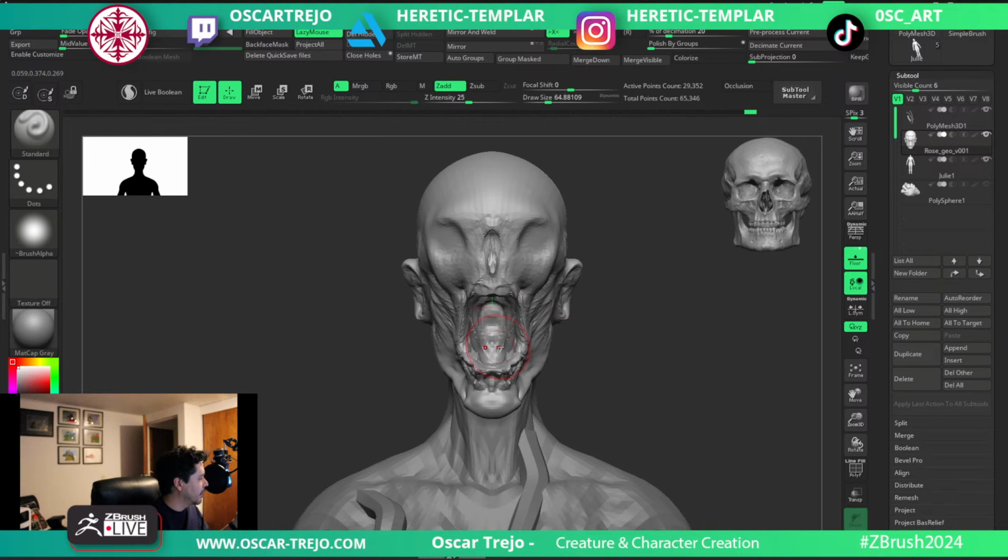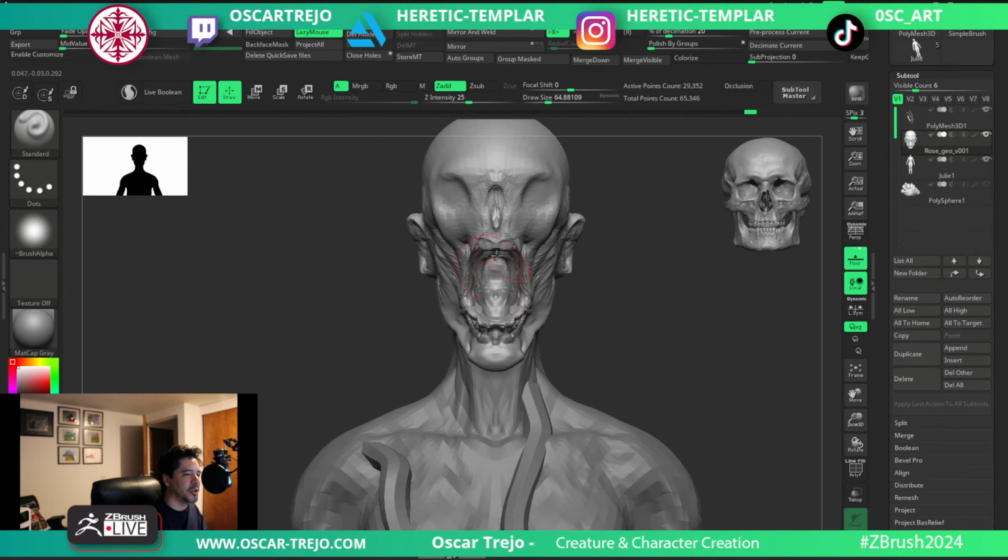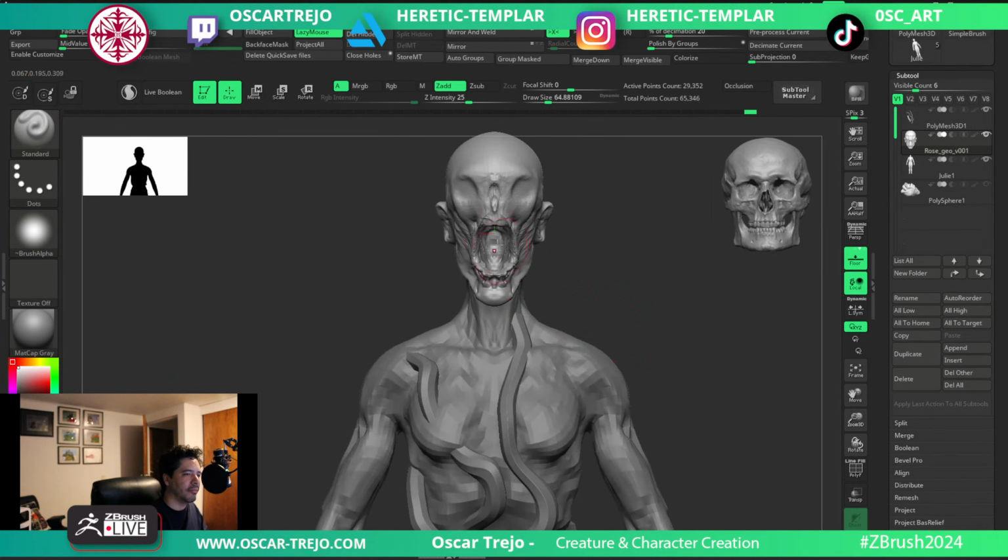Yeah, like a flower stem. Thank you, Dudra. When you mentioned the roots, I imagined the roots visible in the back of the throat. Oh, that's very nasty. I think I really enjoy that idea. Since I already have the open mouth, maybe I can show some of the root system inside of the mouth,